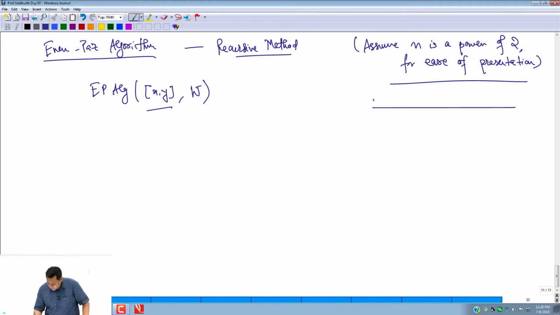So I have 0, 1, and I'll invoke this recursive call with an interval and some set of agents W who are in the end going to receive an interval which is sort of contained